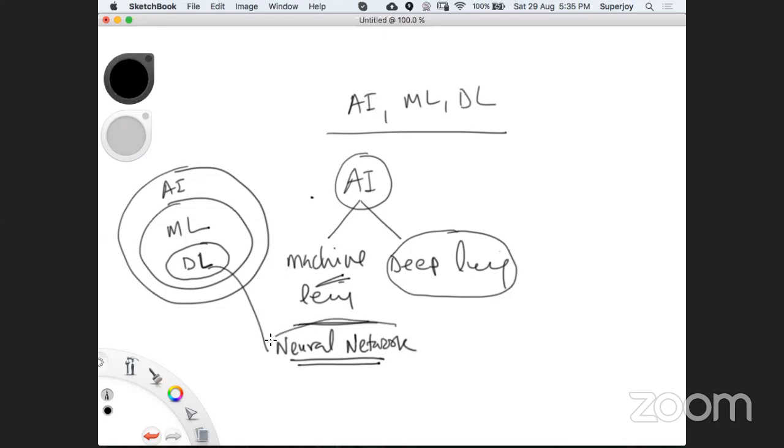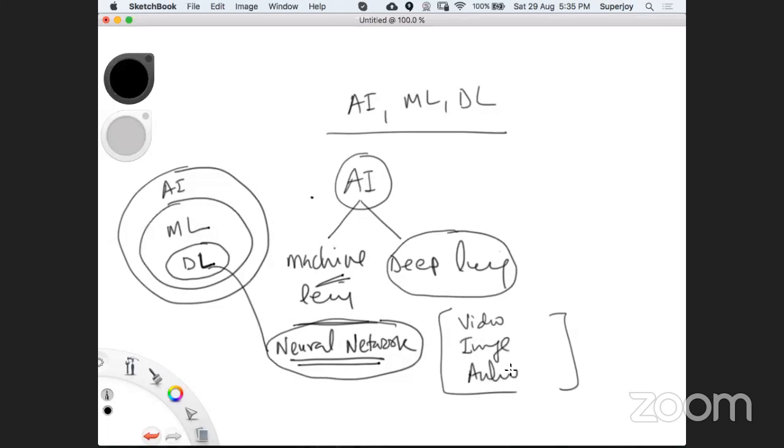And neural networks are used in the processing of data that you use for deep learning. So generally, guys, data which is in a video format, an image format, an audio format, or a text format, in such problem statements, you use deep learning only. That means you use neural networks only.